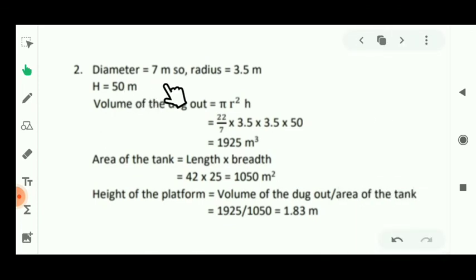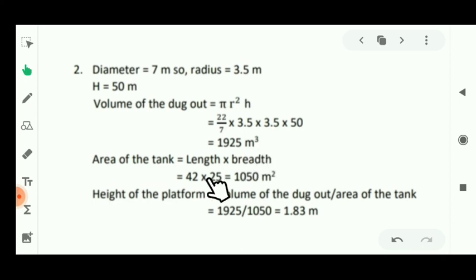Diameter is 7 meter, so the radius will be 7 upon 2, that means 3.5 meter, and height is given 50 meter. So the volume of the dugout will be the same as the formula of volume of cylinder, pi r square h, that means 22 upon 7 multiplied by 3.5 multiplied by 3.5 multiplied by height, that is 50 meter. After solving it, its value will be